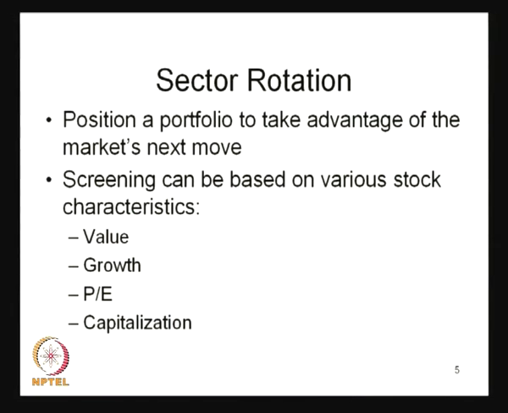That means, for example, you are investing in a particular sector on the basis of certain characteristics, on the basis of a certain nature. But in that particular time, maybe you have seen that there is a lot of potential in another sector, and the analyst is advising you that this particular sector now has the potential, but the next period this particular sector can perform. So, in that situation, a rotation policy happens between the different sectors by the investor. That means, if he feels that there is a lot of potential in another sector which will perform better in the future, then they will shift from one sector to another sector at that time. And how generally they screen those particular stocks, we will be discussing extensively,